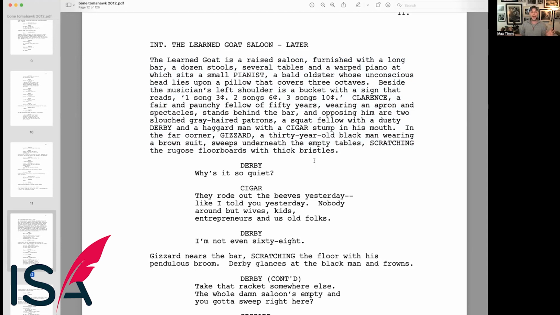Whether you agree with me or not, I don't care. The amount of screenplays that I read, the amount of screenplays that the ISA reads, you're only going to hinder yourself by chunking up these scene direction paragraphs. There's no reason to do it. At the very least, if you didn't want to change a word,